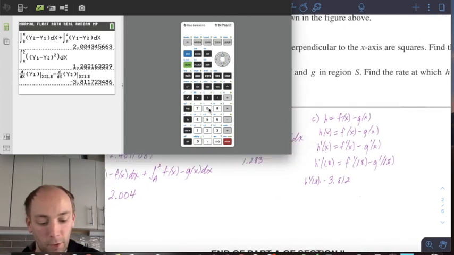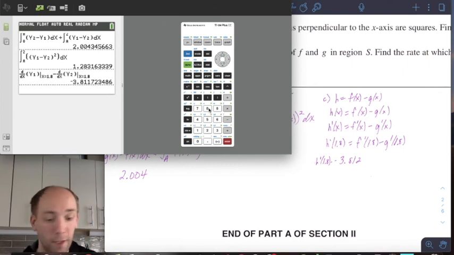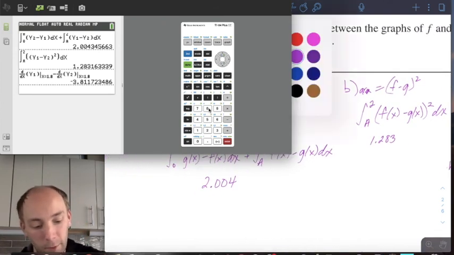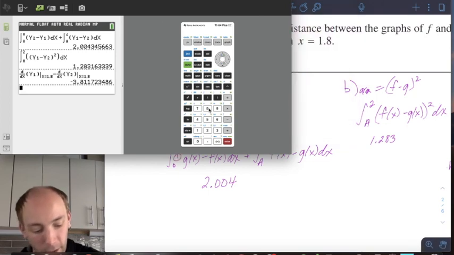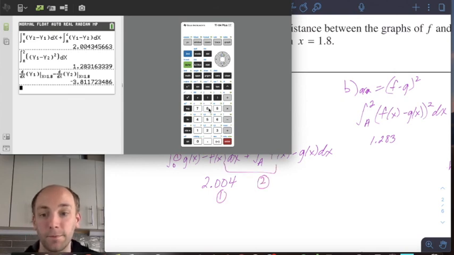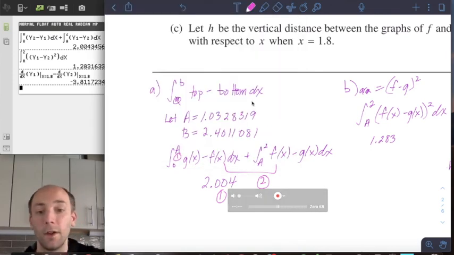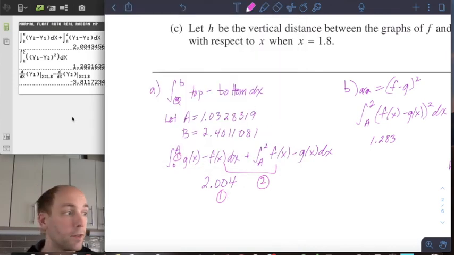Okay? So let's talk about the points. For this one, you would have 4 points. 1 point for your limits, your bounds, so from 0 to a and from a to 2. 2 points for the integrals, all or nothing here. And then 1 point for your answer. So again, 1 point for the limits, 2 points for the integrals, all or nothing, and then 1 point